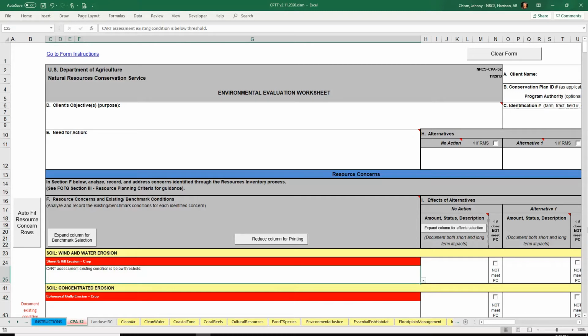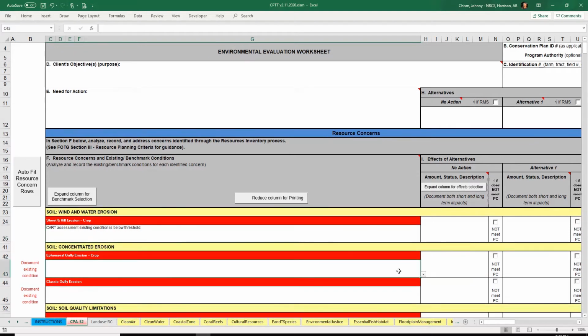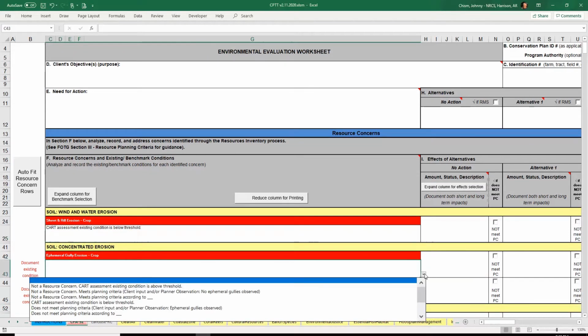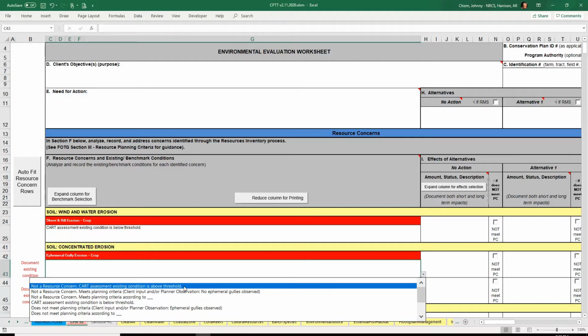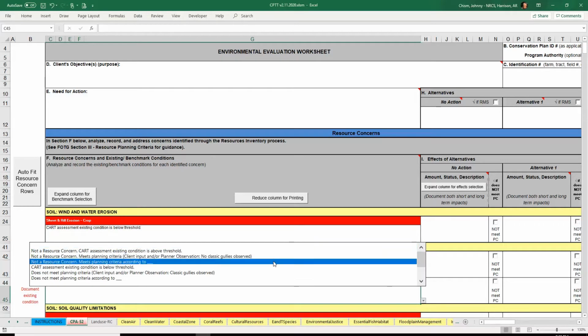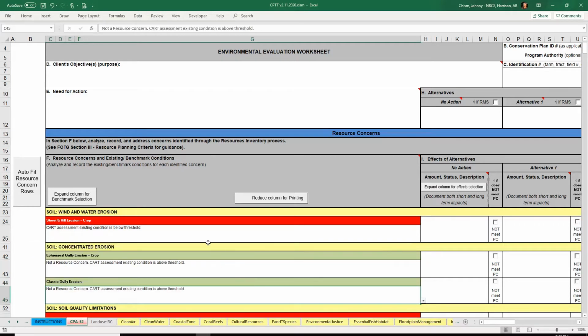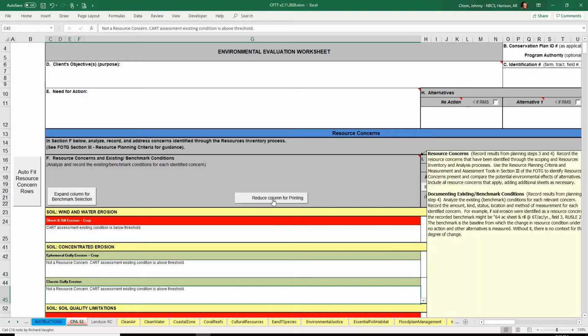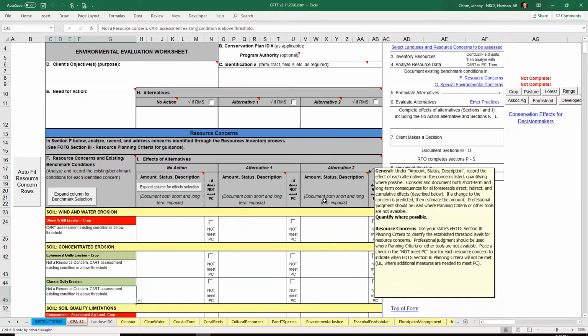And we would proceed through that process, moving down and documenting those benchmark conditions. For example, let's say the ephemeral gully, the CART assessment existing condition was above the threshold. And say the same thing on the classic gully erosion. So here you can see that the resources that are actually a concern are highlighted in red, whereas the resources that are not a concern are highlighted in green. Once we have documented all of our benchmark conditions, we can reduce this column from printing,